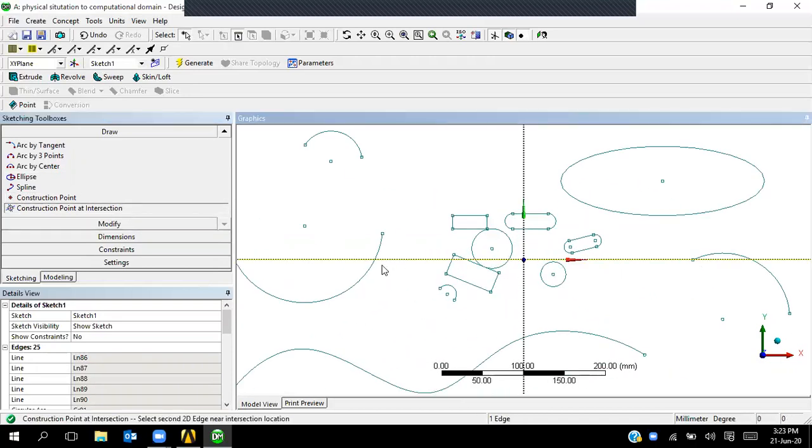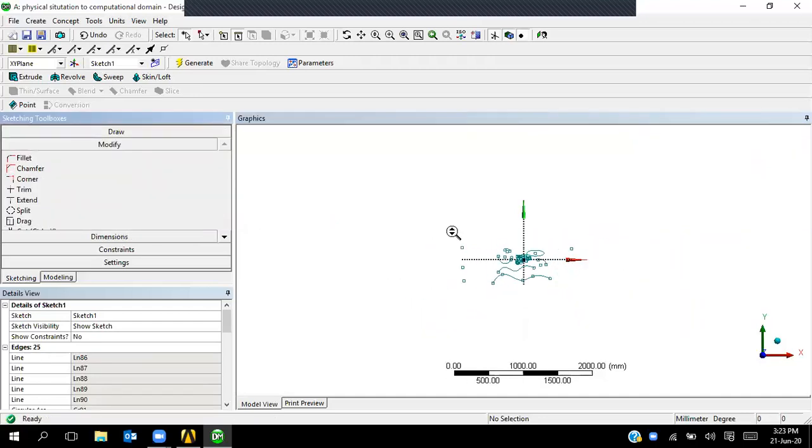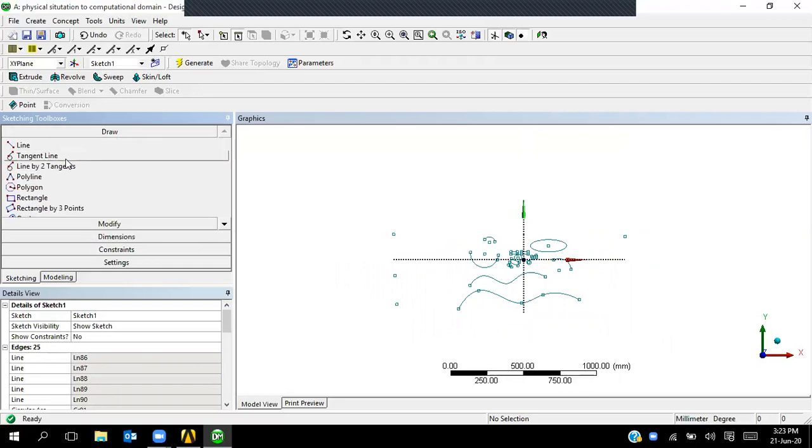So this axis is intersected with this curvature, so that point at the intersection came. Now, what I'm going to teach you is modify. In the draw, the flexible options you can use. Modify is used to blend your sketch tools. So how I'm going to proceed is,